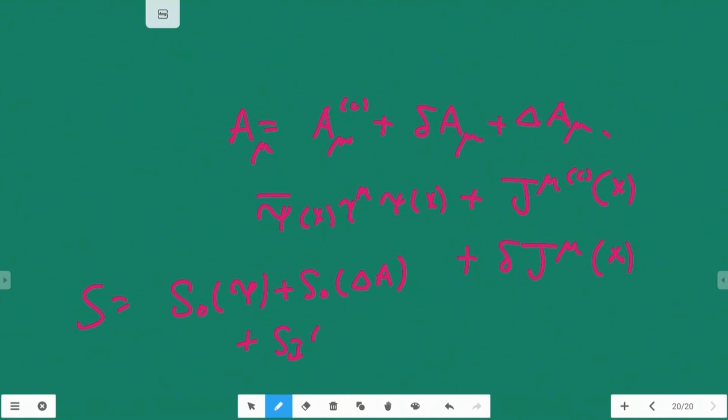There will be an interaction between the quantum Dirac field and the random electromagnetic field. There will be an interaction between the Dirac field and the quantum electromagnetic field as we just saw, and there will also be an interaction term between, say,